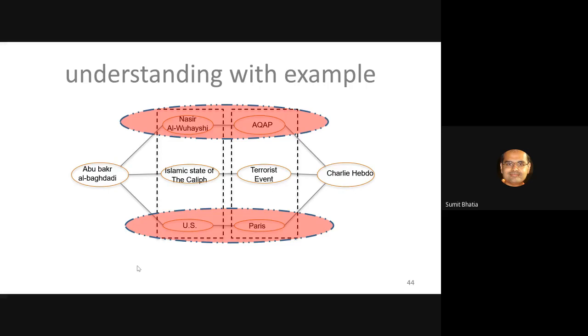right? So every person who is a US citizen, any organization located in the US, they will all be connected to US. Likewise for Paris. These entities will have a lot of other connections. But AQAP, Nasir al-Buhaishi, these are persons who are not known to be connected to a lot of other persons. They are very specific to just a few entities in the graph. So this intuition we call the specificity of entities. And essentially how we measure specificity is very similar to inverse document frequency, right?